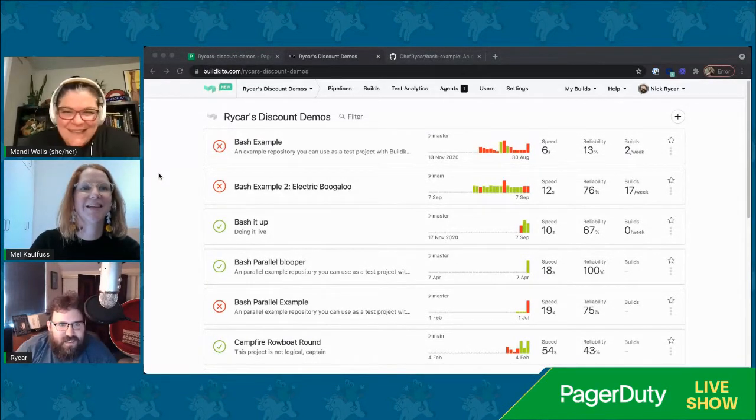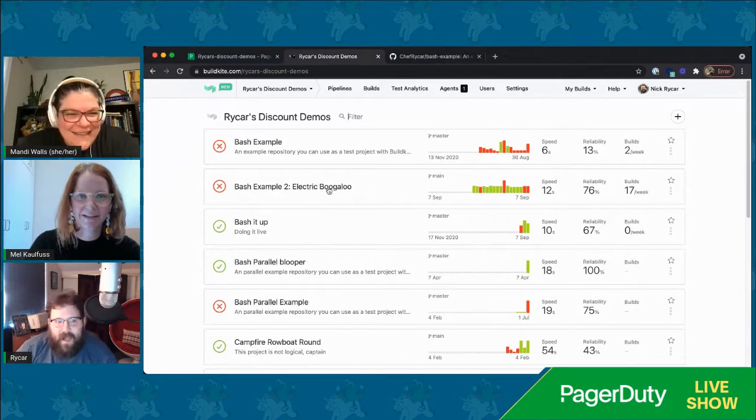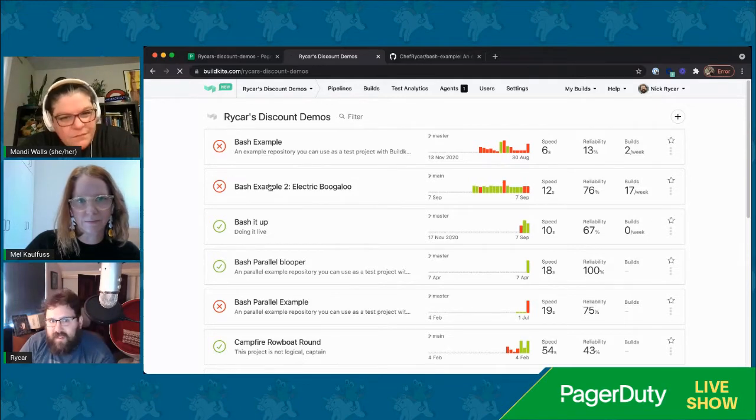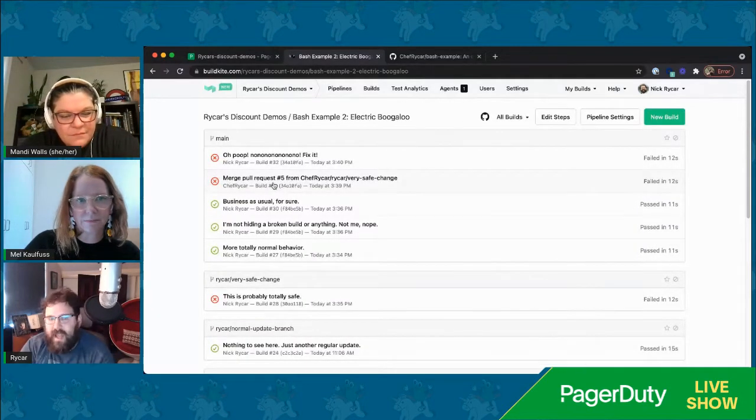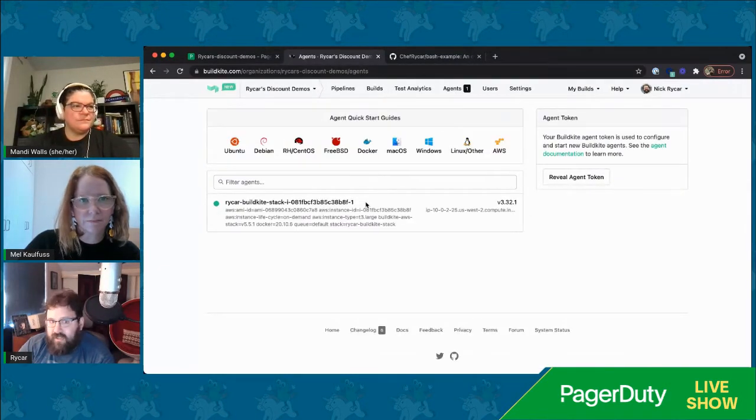So I've got a few pipelines that I've set up here. One of the key things to note about building CI or CD pipelines with Buildkite is that it follows something of a hybrid model where the pipelines themselves are visible within a SaaS platform that we manage. However, the builds themselves are being performed on agents that run on your infrastructure.